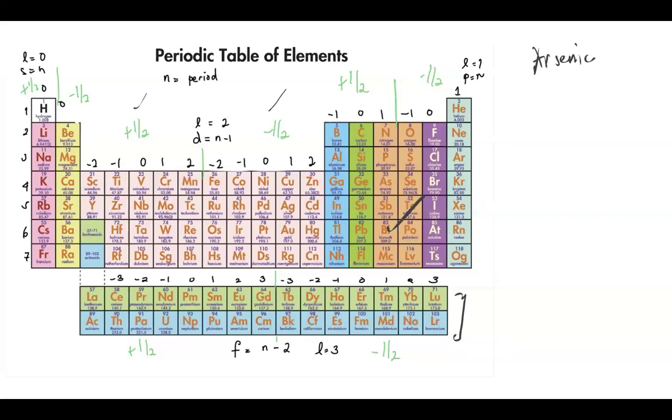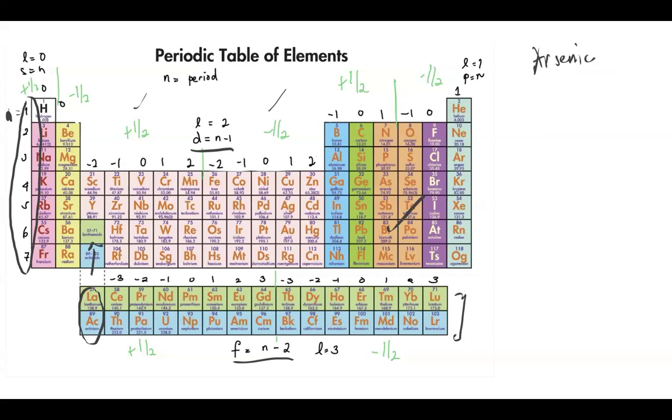Okay. So remember, lanthanum and actinium are technically on this. All right. So the F block starts with cerium. Okay. And remember, these are the periods, which are equivalent also with N on the side. Yeah, these are the periods over here. So if it's on the S block and P block, whatever their row is, that is their letter N. But on the other hand, if it's on the D block and F block, you have to do the following.